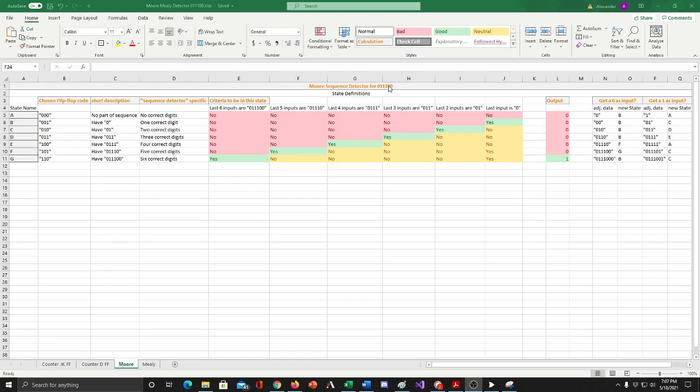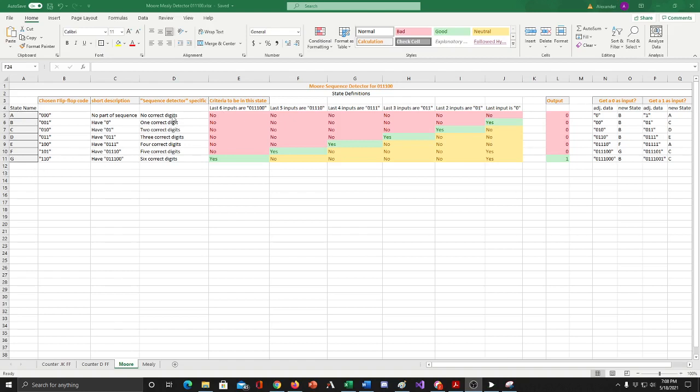So we're going to do this from first principles using a similar type of design process to the counter. Okay, so our sequence detector is 011100, and there's always a little bit of thinking about what the states are that this machine needs to have to be able to do the thing we're asking it to do. And so here I've defined 7 states,